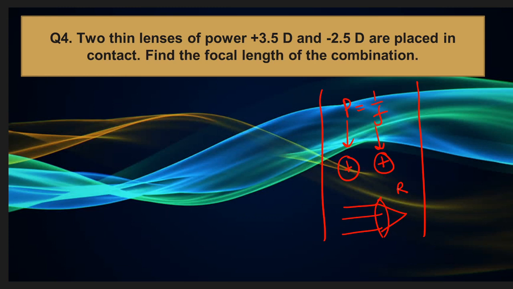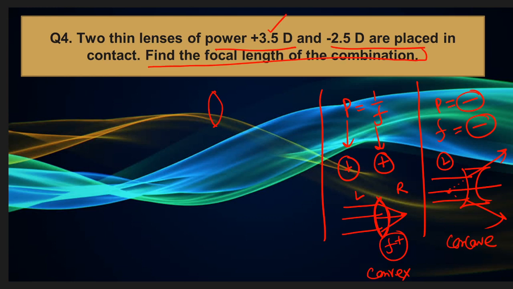Okay, the question is different. Find the focal length of the combination. Combination means this lens that I just now told you, the convex lens, and the next lens, the concave lens, kept side by side. You just place them side by side. This is known as the combination. You have to find out the focal length of this combination. Clear? What is the focal length of the combination? Simple. Let's solve it.